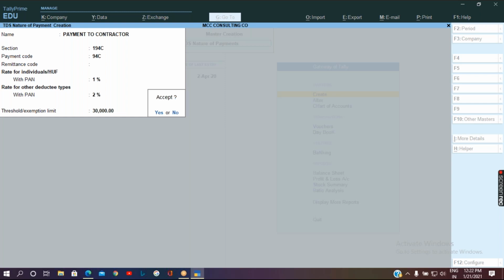So if you pass any transaction to the party whom we specify as a contractor, that party will not be deducted if the bill amount is lesser than 30,000. If it crosses 30,000 for that financial year, then we are supposed to deduct the TDS for the same. So that we are going to specify in threshold or exemption limit. So the word threshold is nothing but the meaning of exemption limit. So make it accept as yes. So this is one type of nature of payment we have created. The second we will create with